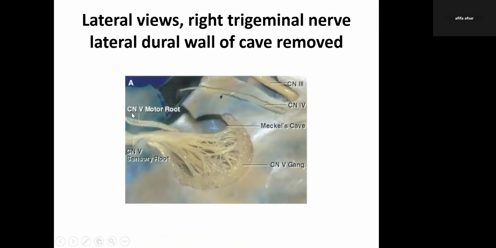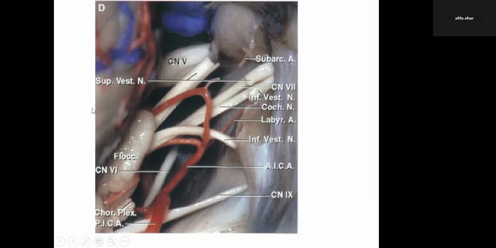Again, this is a retrosigmoid approach, and this is a retrosigmoid view that we can see. We can appreciate cranial nerve 5, which arises from the topmost part of the complex and from the brainstem, and this is the root entry zone. This is again the flocculus of the cerebellum, which is hiding the origin of the 7th-8th nerve complex from the brainstem. This is cranial nerve 6th, which can be seen at the base and the apex of the cerebellopontine fissure and present anteriorly in the CP angle.